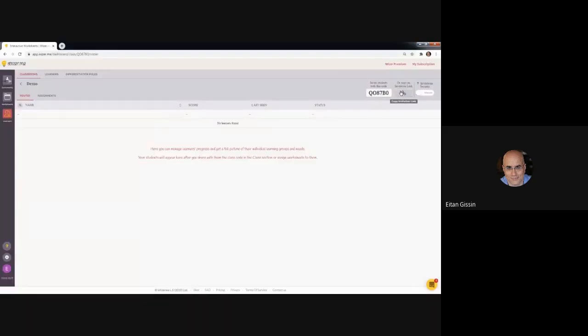So the moment they click a link, they get to it. Now, when they apply to this specific classroom, there's two options. You can select invitation security as manual or automatic. If it's auto, you don't need to approve the students coming in. If it's set to manual, there will be a little check mark here that you'll have to approve every student